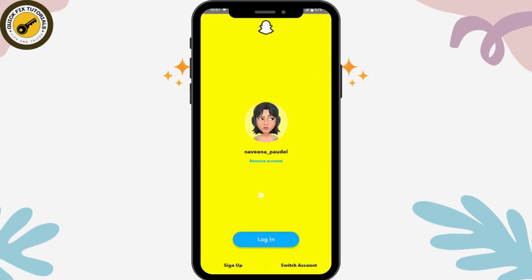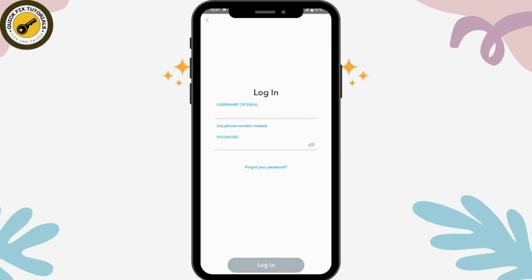application. Once you've opened, you can simply go for login, or you can go for switch account and go for the login page. Once you're here on the login, so if you are facing suspicious login while logging into your account, then what you can do is you need to simply go for forgot password, and then you can reset